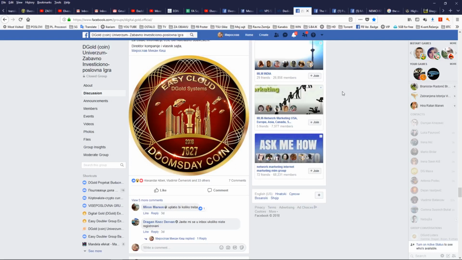The system is giving up 13% of total amount of money, or total income for you, and you're making money with this and with the new accounts that you are making. So this is actually something great. So actually that is that about Doomsday Coin.